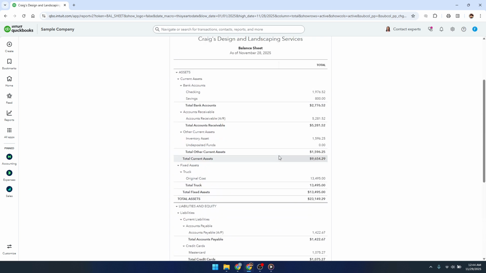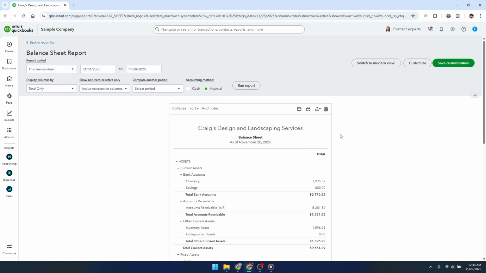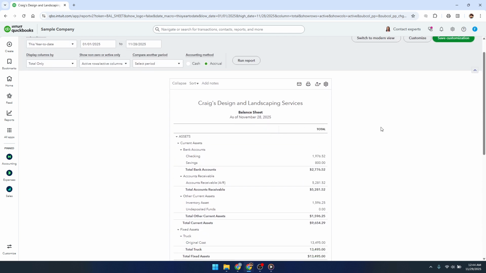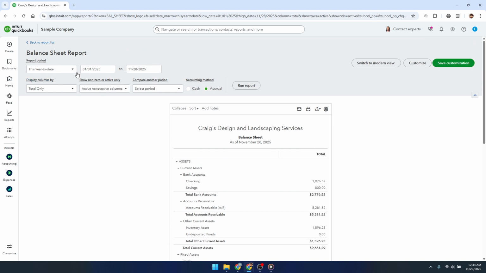Once the balance sheet report is open, look toward the top of the screen for the date range controls. Here, you can choose exactly which period you want to view. Since a balance sheet is a snapshot as of a certain date, you might select something like today, end of last month, end of last year, or a custom date. You can also choose a specific range if you want to compare multiple dates or look at how things have